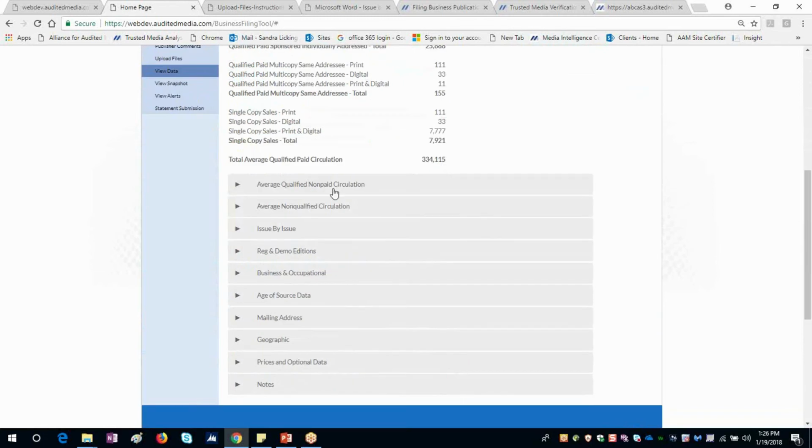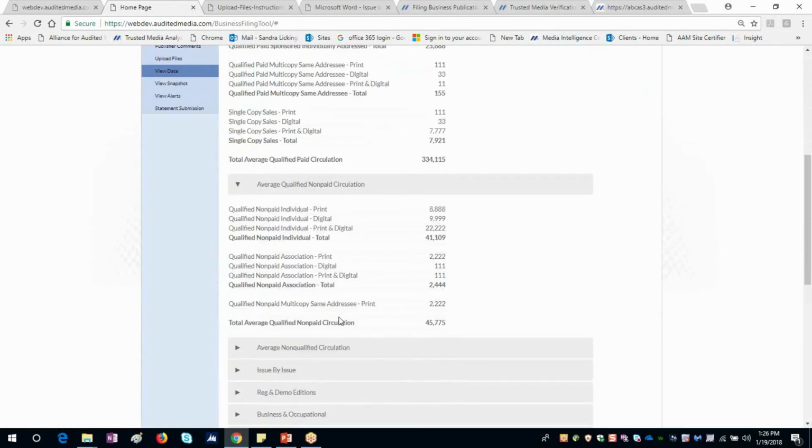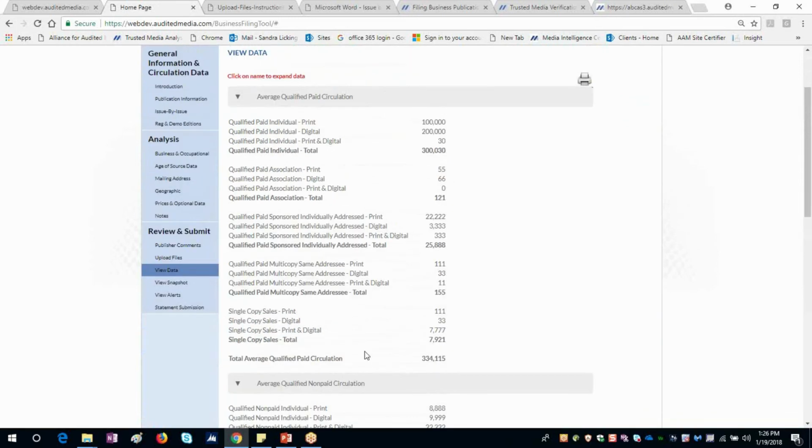Just go back in there, double check, make sure that it's what you want it to be. If you have changes, notify AAM, just say, no, I do not approve, and I have the following changes. So there'll be two options in that email. It'll say, yes, I approve, or no, I do not approve, and these are my changes. So this is the proof process, and once you approve it, your data will be released into our database within 24 hours into the Media Intelligence Center. Your actual PDF document will be available within 3 to 5 business days.